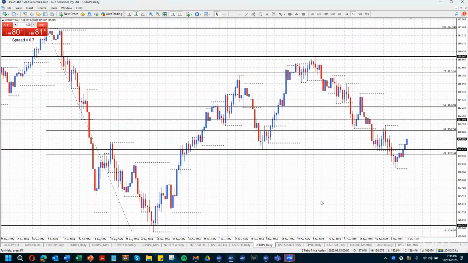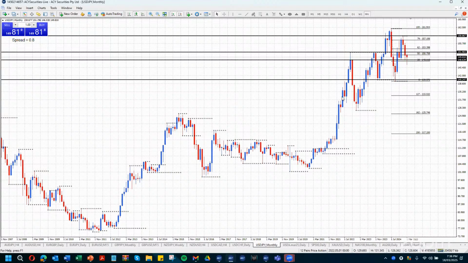All right, so dollar yen, difficult to trade this week until we get past the BOJ statement. I just think from the major scale on the monthly chart here, we broke this low, putting in a lower bottom. We've rallied up to put in a lower top, a little bit above the 79% level. And the big question for me would be, are we going down? That would be my focus in terms of a long-term pattern.